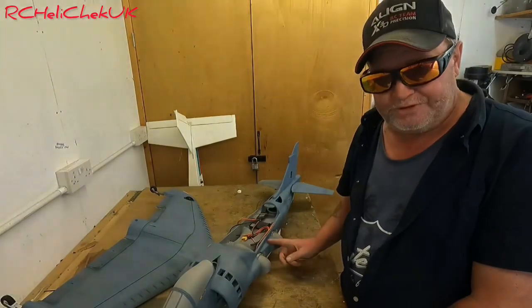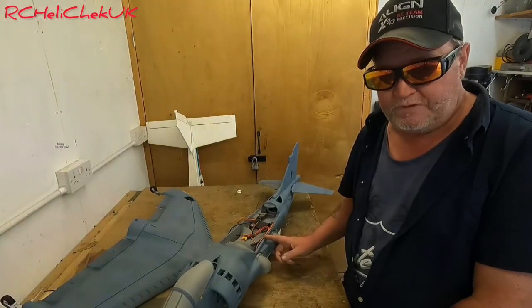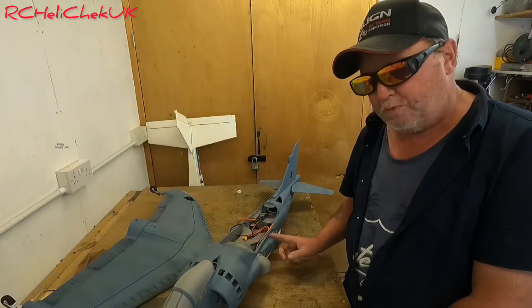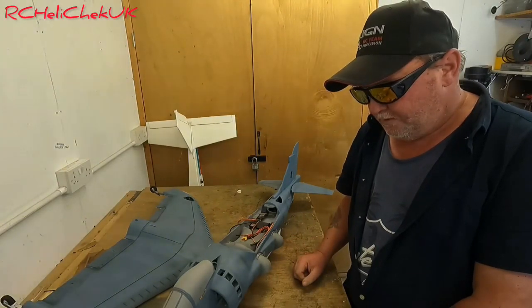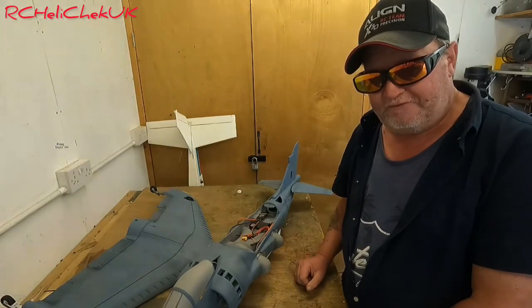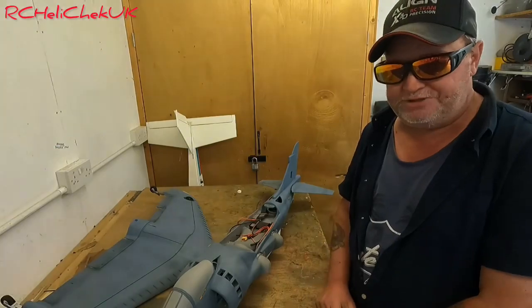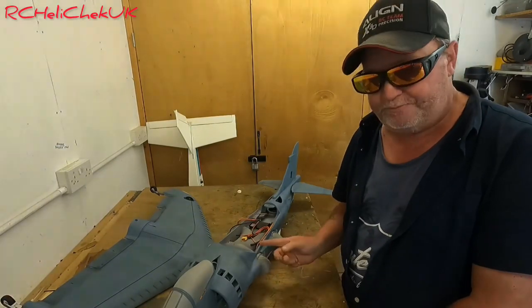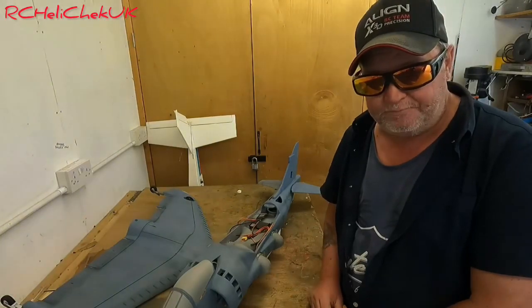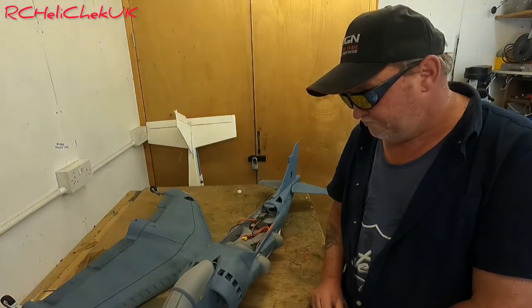You can actually build this 20% bigger, which powers with, I think, a 110 fan. That's one option. Option 2 is the F-35. Ironically, the aircraft that I was just mentioning without mentioning as being far superior to it. There is a model of that I'm thinking of building. Or the other option